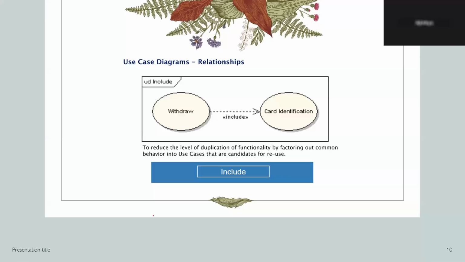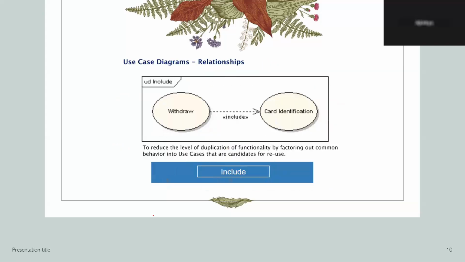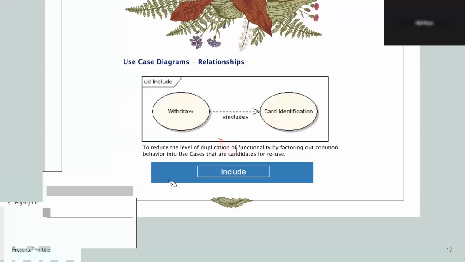By default, all the conditions in the use case diagram are include, whatever we created here. Include means the arrow is like this, just remember that, and the other condition is the exceptional one. So if you remember the exceptional one, then this is the default condition.